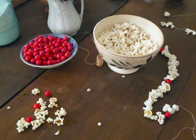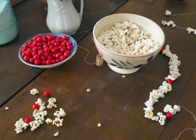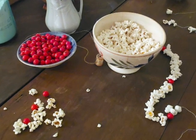Now, an American tradition that developed from the Northeast is our popcorn and cranberry garland. I personally think this actually started as a way for kids to do something because it's very easy. Even toddlers, 3, 4, 5-year-olds back in that day were already handling needle and thread. Little girls were following with mom when she's working. They'd already be sewing. A lot of them would be sewing clothes for their dolls as play, but they were